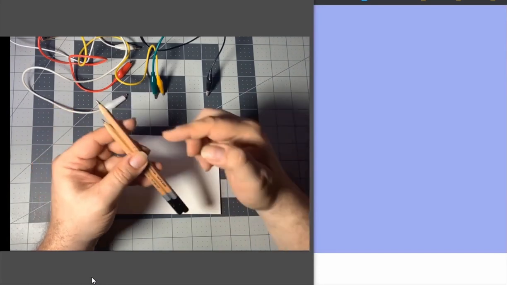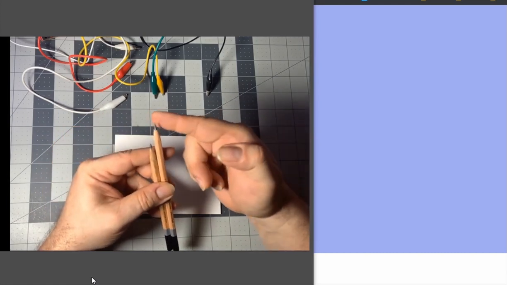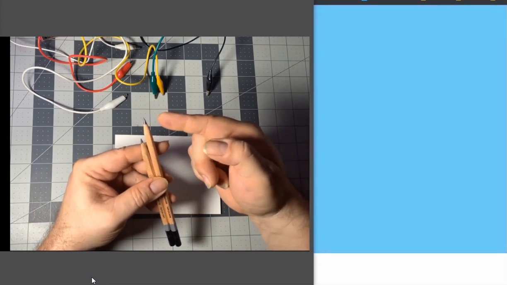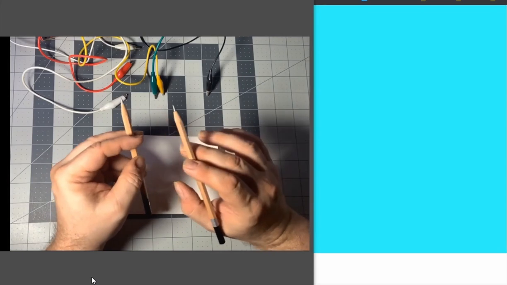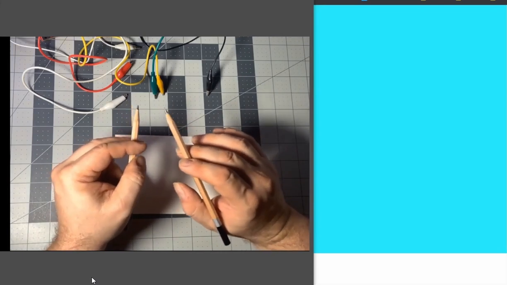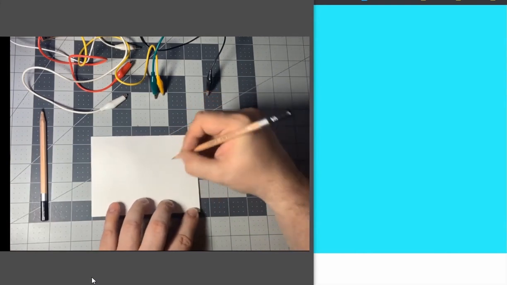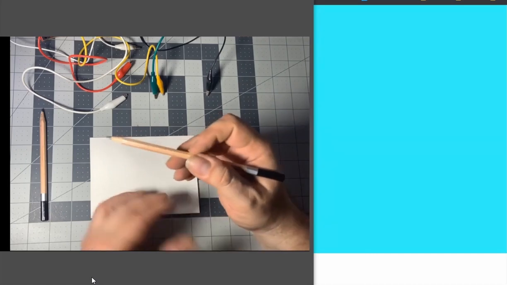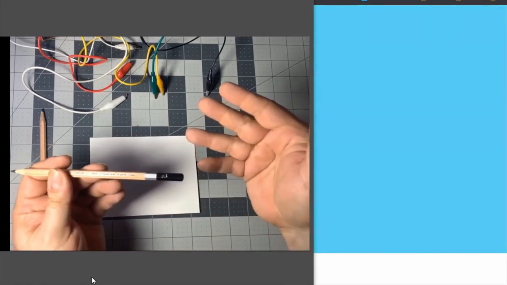So in the 5B range, you'll see it can actually come off on my finger. Optimally here though, you need to have a certain amount of graphite down in order to have enough conductivity. So we can test this, and this is why you want to test this. You want to get yourselves a 4B, and unfortunately, you really do have to test it